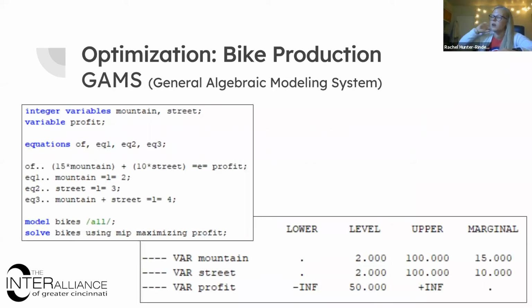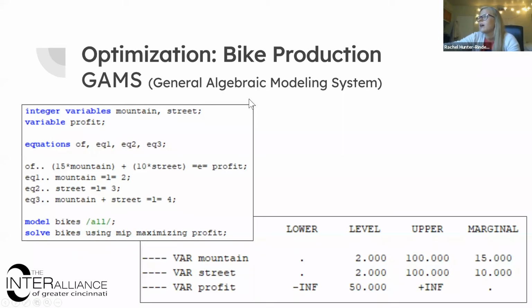GAMS is also limited in the number of constraints and decision variables that you can use, but the syntax of it reminds me more of what you would use in industry, where you could be using Python, or all kinds of different languages have the ability to do optimization. But this is more of a classic, like if you feel like you're programming, way to do this. And again, this would happen in less than a second, but we've just defined our variables. This right here is what we want to call our objective function.